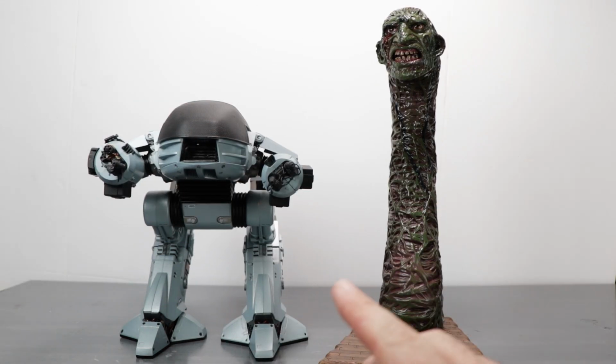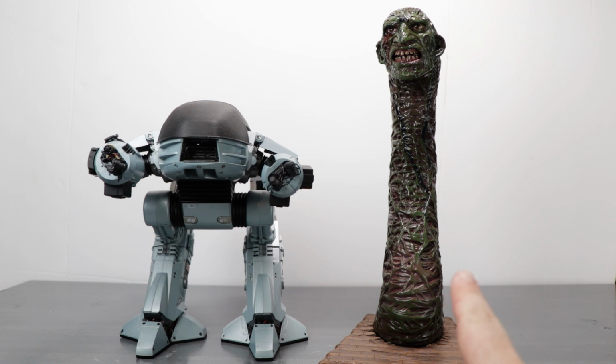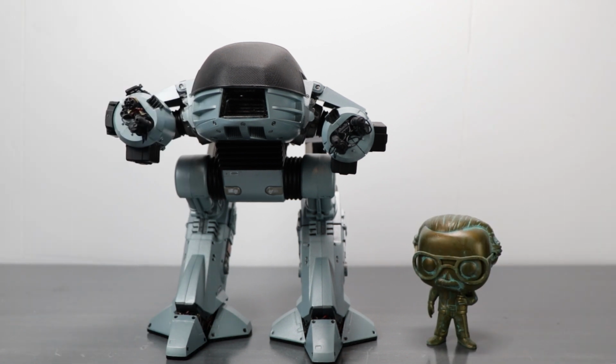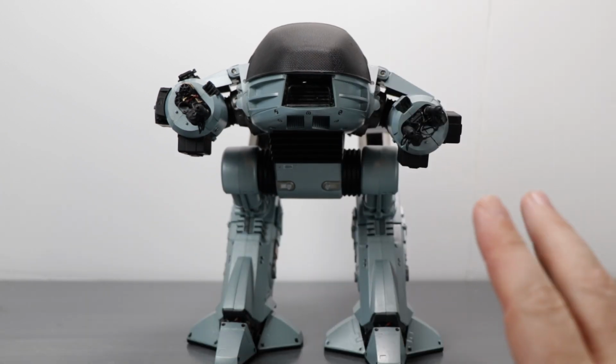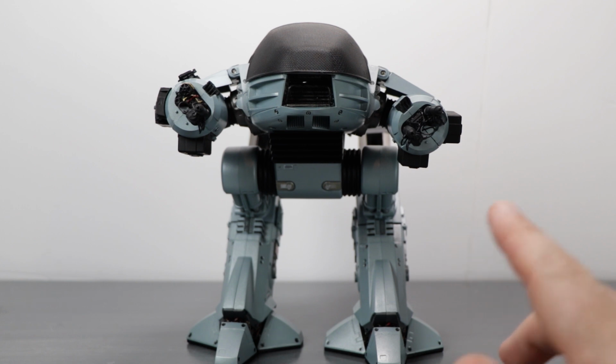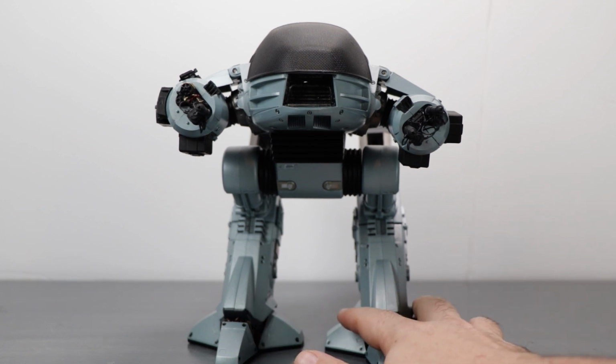And here we have the ED-209 next to the Freddy Worm from Nightmare on Elm Street Part 3: Dream Warriors, aka best Nightmare on Elm Street, in my opinion. And for a more relative mainstream size comparison, here we have ED-209 next to the Stan Lee Funko Pop, which he would definitely be squished. So all in all, this ED-209 figure, if you're a RoboCop fan, I definitely think you should pick it up because it's fantastic. One thing that I forgot to mention